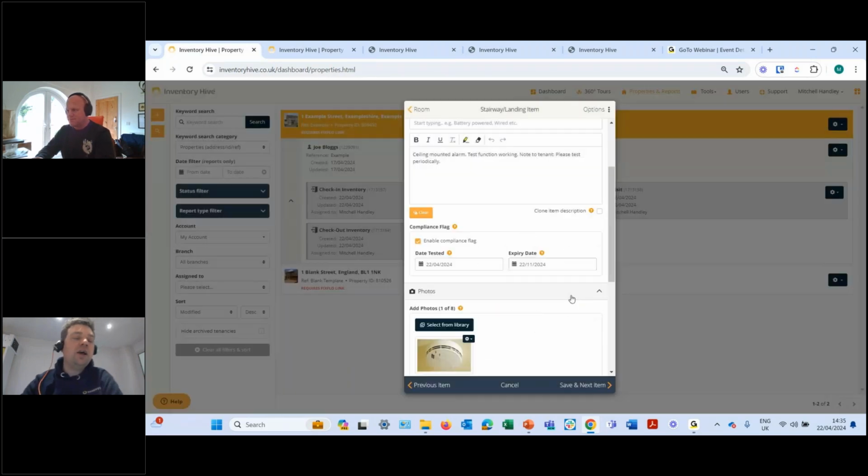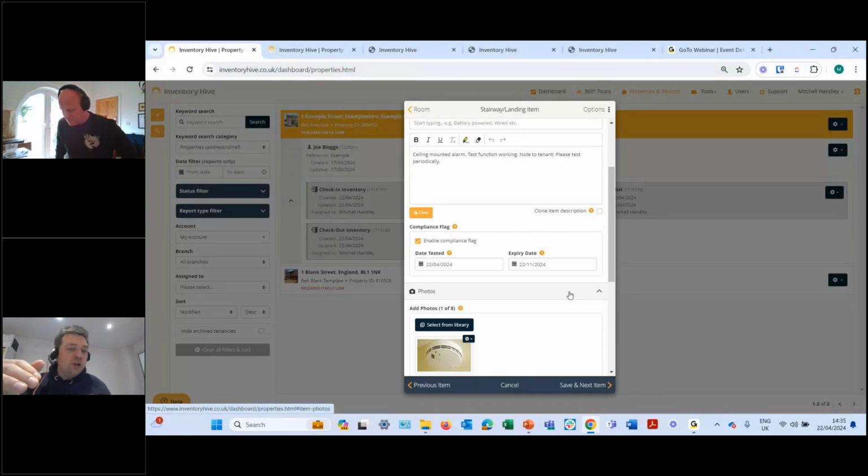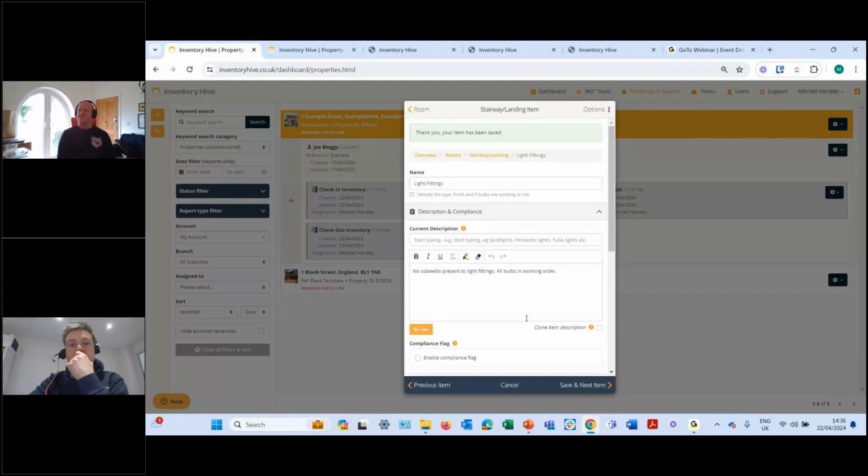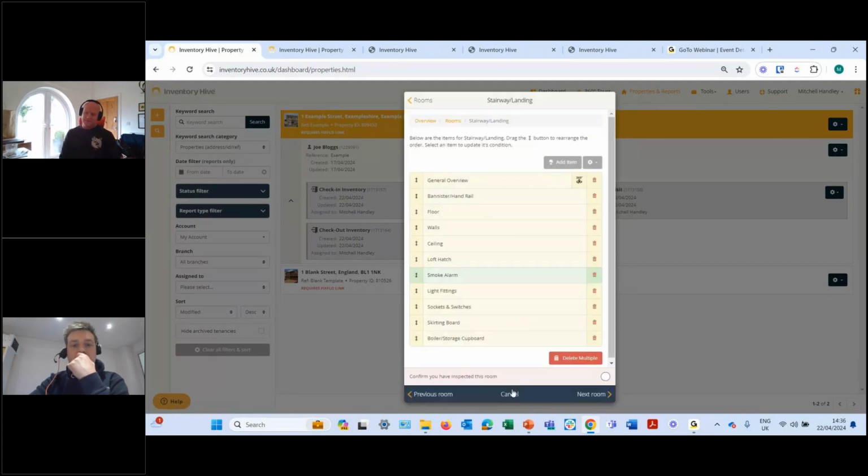The reason is that a few months ago, we added a feature where we'll send you an email notification 1 month before the expiry date to say, hi Mitch or hi Richard, just to let you know the smoke alarm in the stairway and landing of this property is going to expire next month. So it's more for reminder purposes, but it's also good because it embeds that on the report as well. It's worth noting, though, often the expiry dates aren't available,